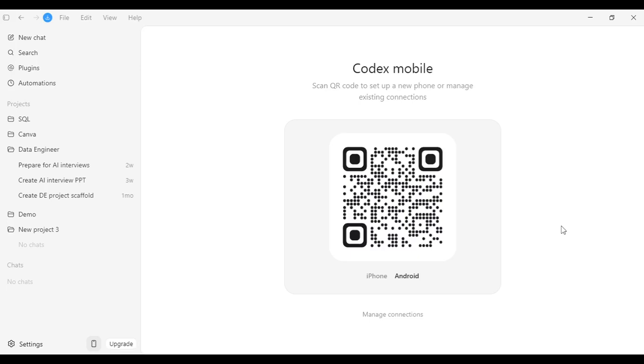So I am scanning this into my mobile. Okay, so Codex Mobile is there. Once you scan this, if you already downloaded it, fine, or you can download it also. So this is the process you can use and you can basically do all these things.